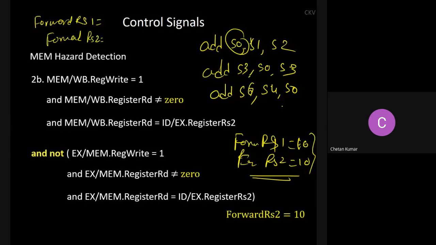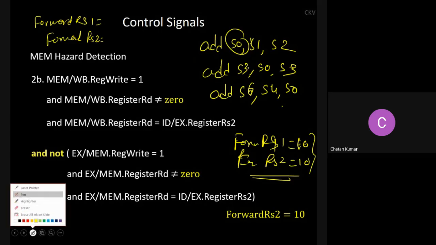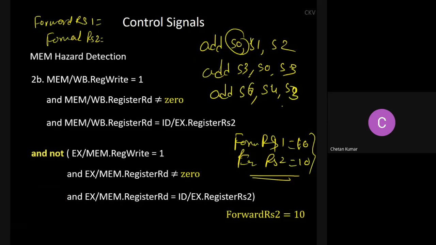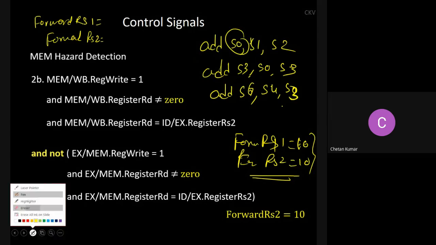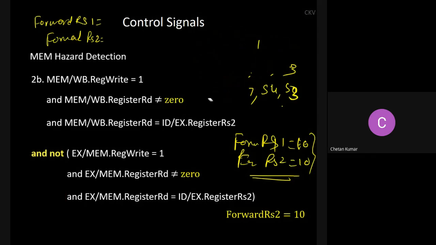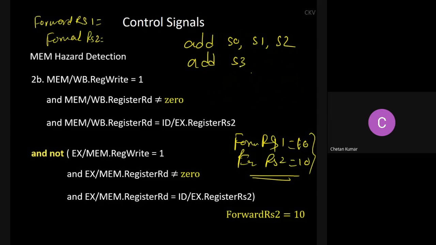I think I made a mistake. Sorry. Let me rewrite the equation. So first is add S0, S1, S2, the first instruction. Then we have add S3, S0, S4. Then the other instruction is add S4,